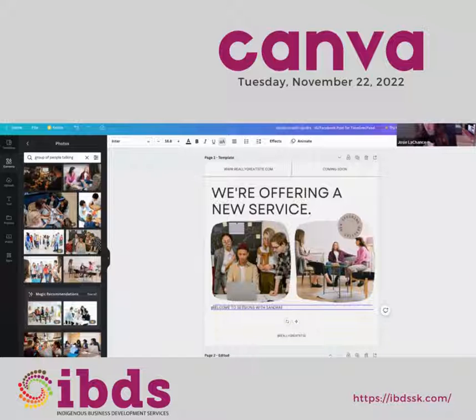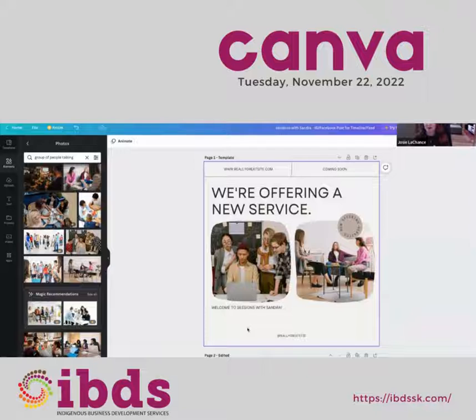It saves the fonts in there automatically, so you don't have to go back and change the font, unless of course you don't like that font style, or maybe you want to change the color, but you can just use it just as how the template is.